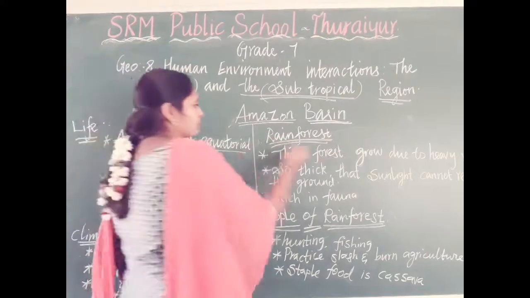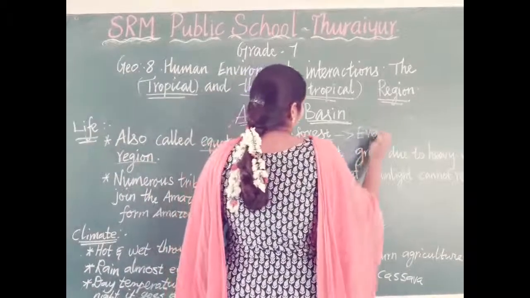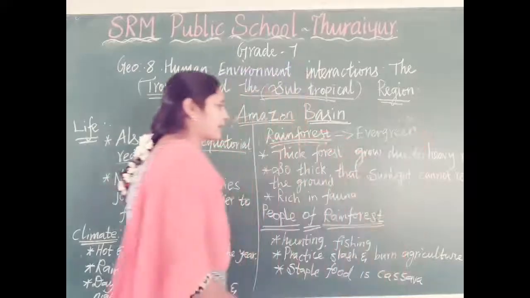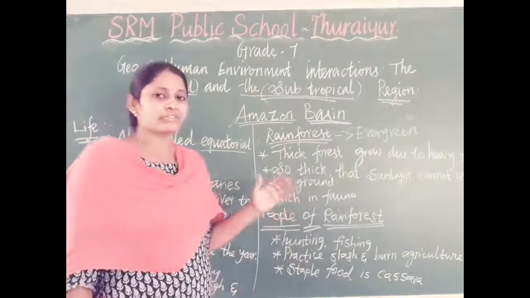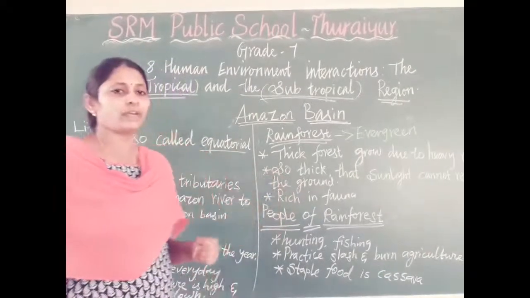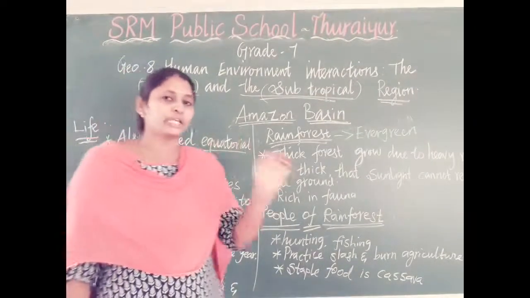This Amazon forest is also called the rainforest or evergreen forest. Why is it called a rainforest or evergreen forest? Because this region receives heavy rain. A very good, plentiful amount of rain. So with the help of that rain,